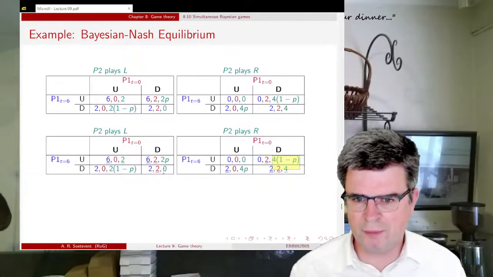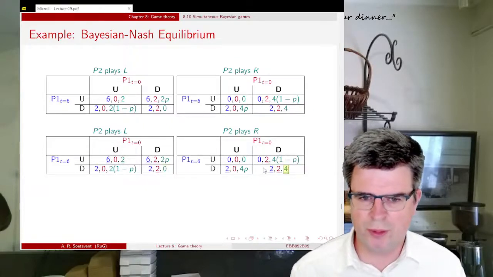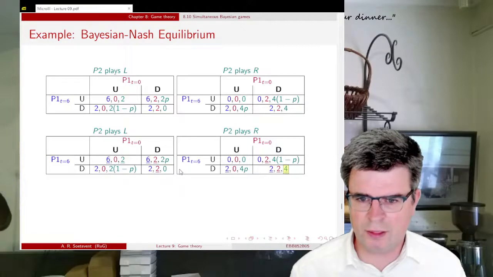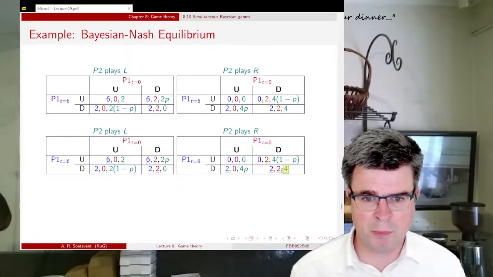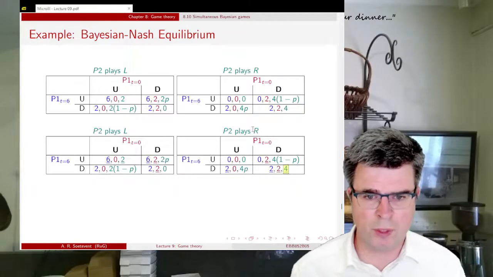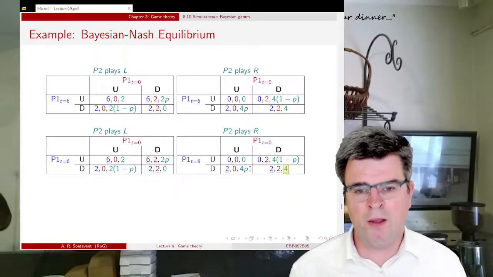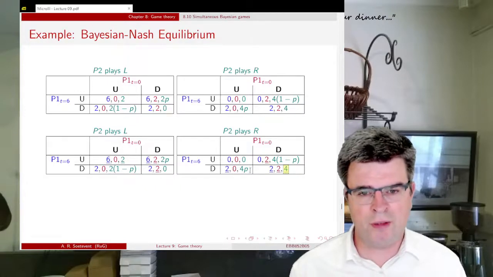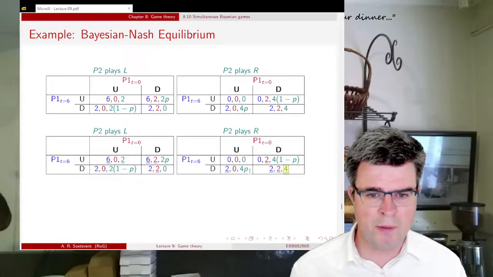And also here, now this one is easy. So 0 is less than 4. So given the strategies of the two player 1 types, it's optimal for player 2 to play right. And after having done this, we can determine the Bayesian-Nash equilibrium by